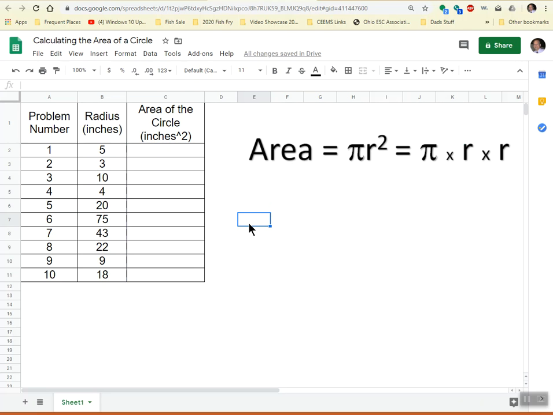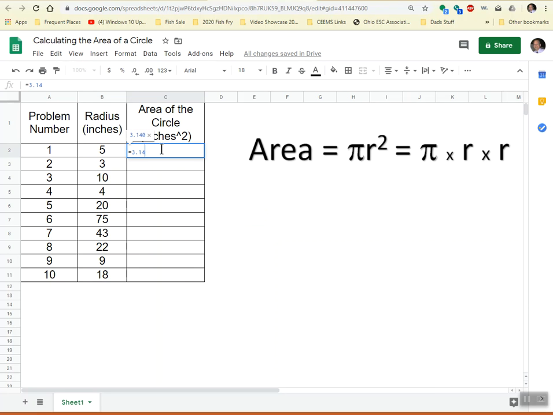So how do we use Google Sheets to do that? Well, I've got three columns here. I've got a problem number, I've got some typical radiuses, and then we're going to calculate the area of a circle using our formula. Now, to do that, we're going to click on the cell, and I'm going to type equals, and I want to put in pi